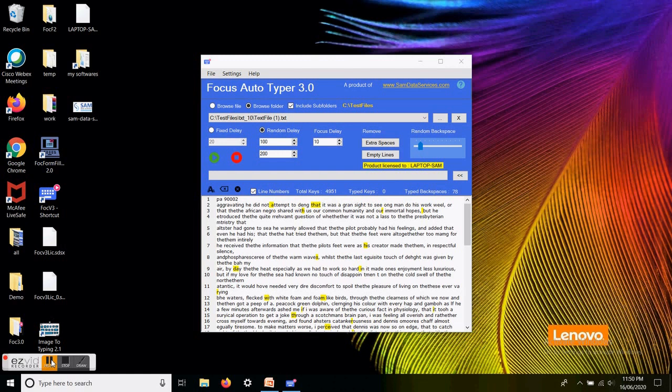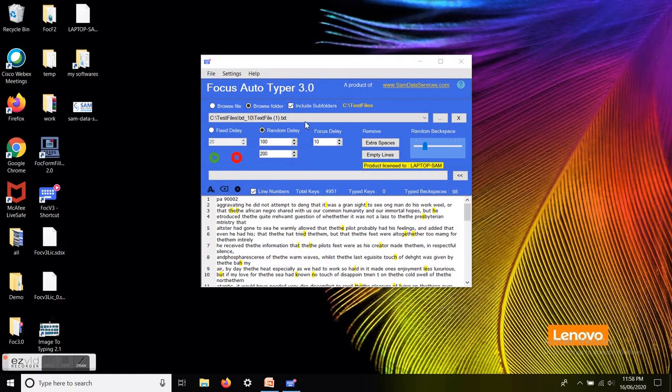The Settings menu contains more options like always on top, show timer on focus delay, hide in taskbar, and enable voice message. On selection of enable voice message, Autotyper will give you a voice message on successful completion of typing. This notifies you on typing completion even if you are not watching the screen.